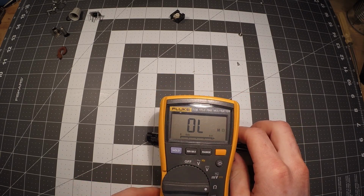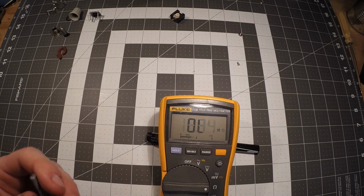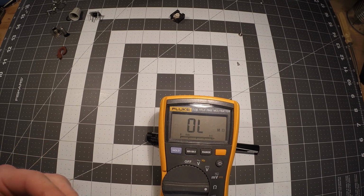Gotta love the light in the way. Okay, you should be able to see that, yeah? Yeah. Okay. So what I'm gonna do here,